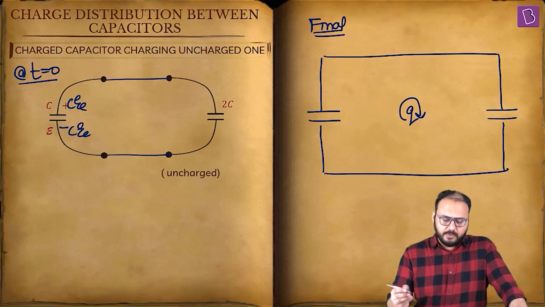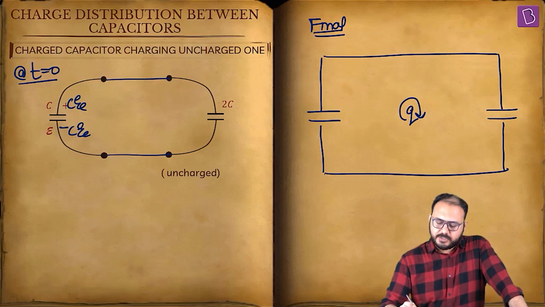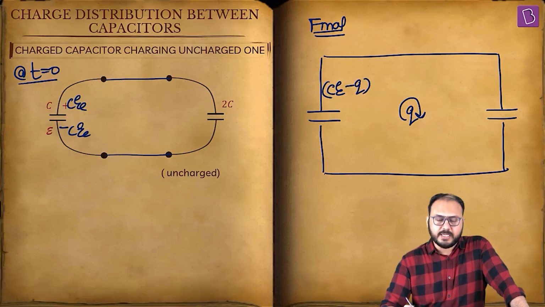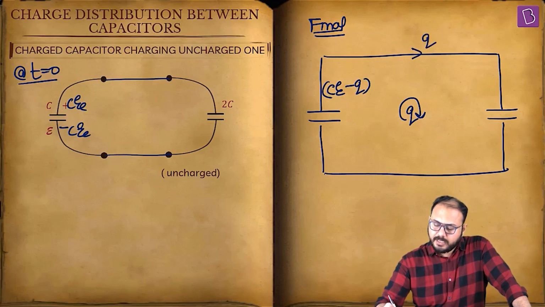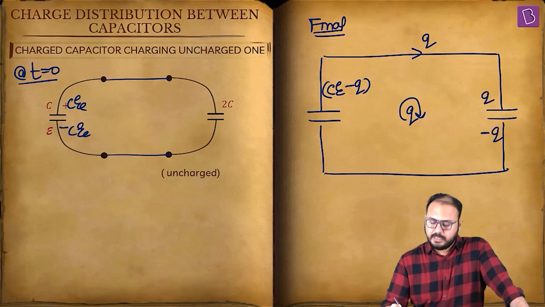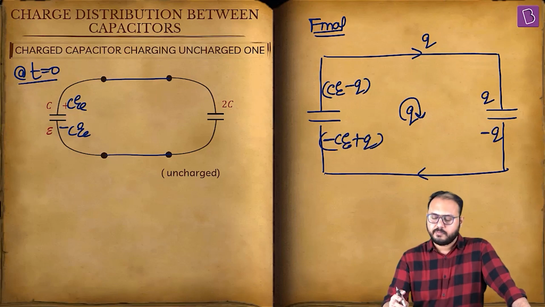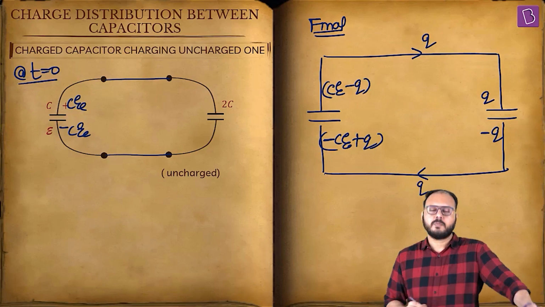Okay. So now, this plate had C charge. So how much does it have now? If Q has left, it's C minus Q. Very good. Correct or not? Correct, sir. How much does this plate have? This Q went here, so this has Q. Very good. The other one will have minus Q. And this came here, and this will be minus C plus Q. Take your time.